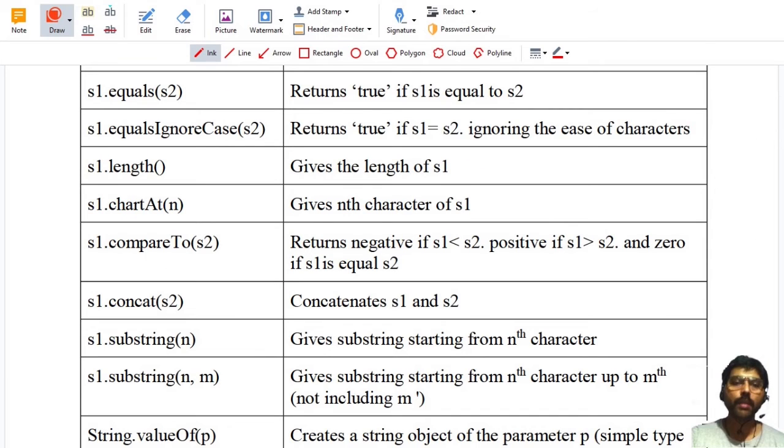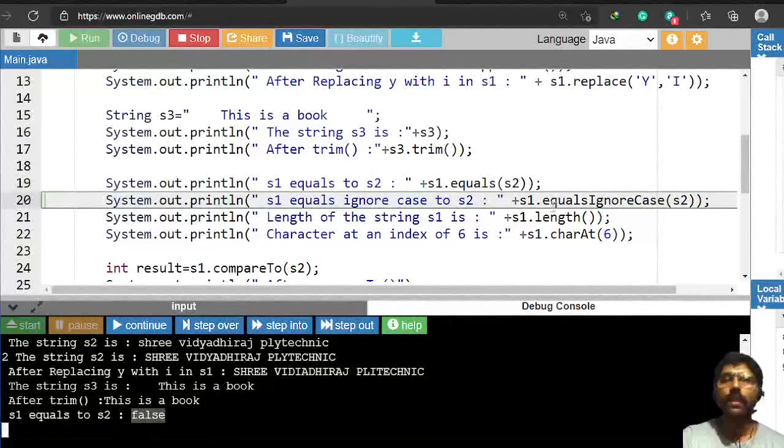The next method is equalsIgnoreCase. In equalsIgnoreCase, it is the same as equals, but here the case is not important. It returns true if S1 equals S2, ignoring the case of the characters. If I ignore the case, both contain the same string but in capital letters as well as small letters.